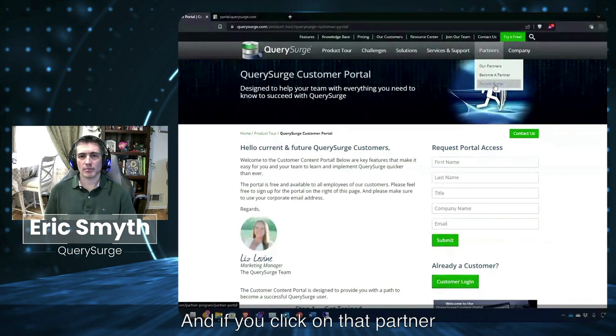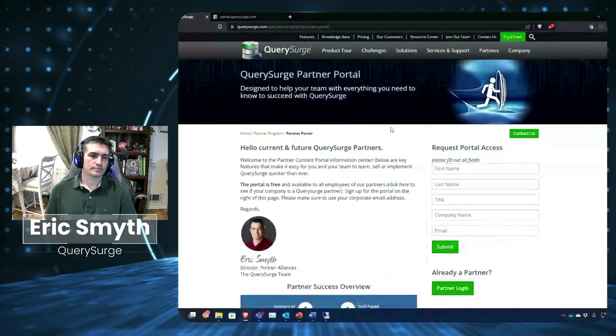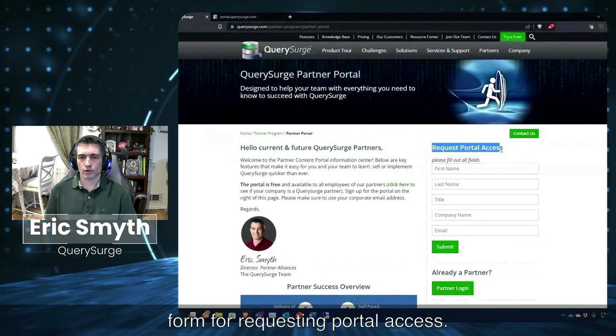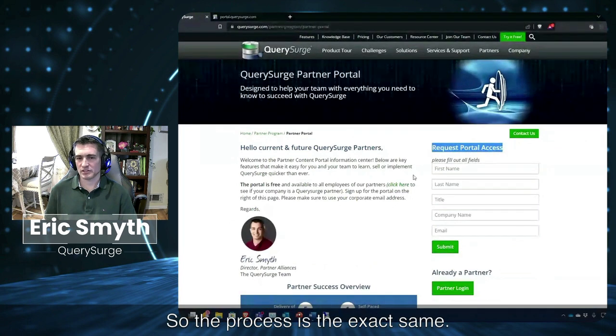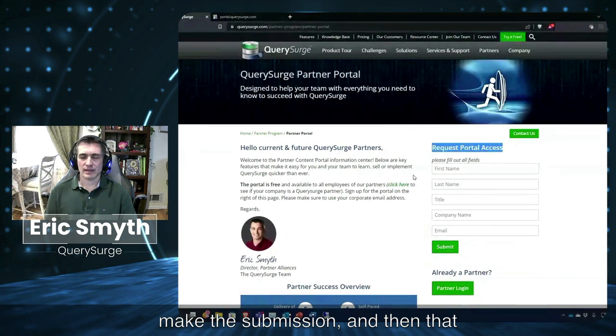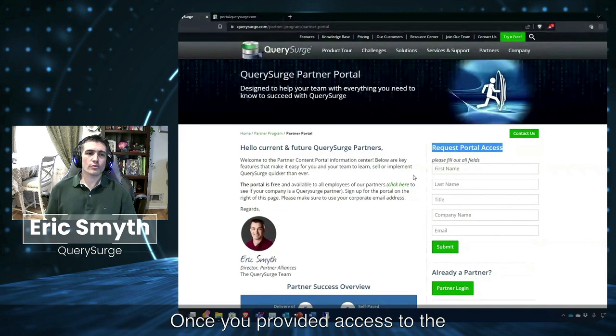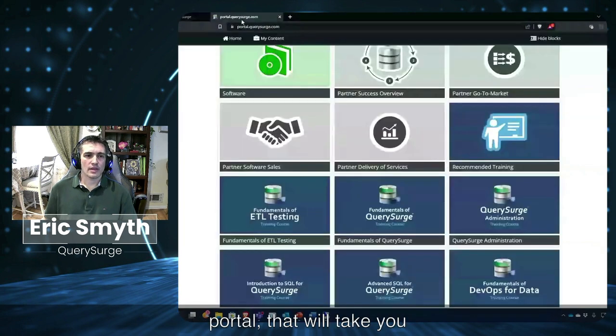And if you click on that partner portal link, you'll see there's a similar request form for requesting portal access. So the process is the exact same. You put in your information, you'll make the submission, and then that will provide you access to the portal. Once you've been provided access, that will take you